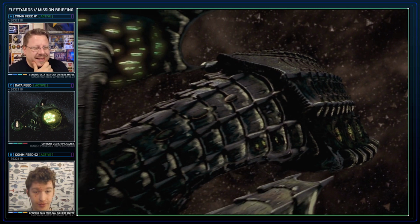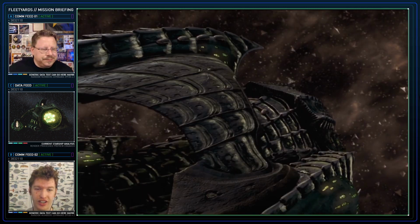I mean, I think it's fantastic. I love this. It's so out of the box. It's so not technological that it makes it very interesting as an enemy ship. So yes. And if we go to the next picture, which is a few seconds later, we can see again how the shapes